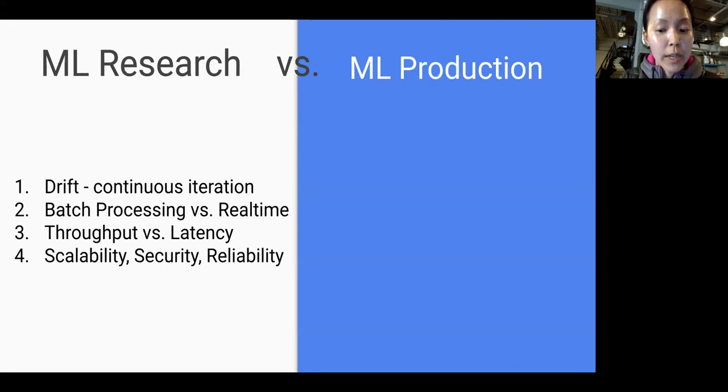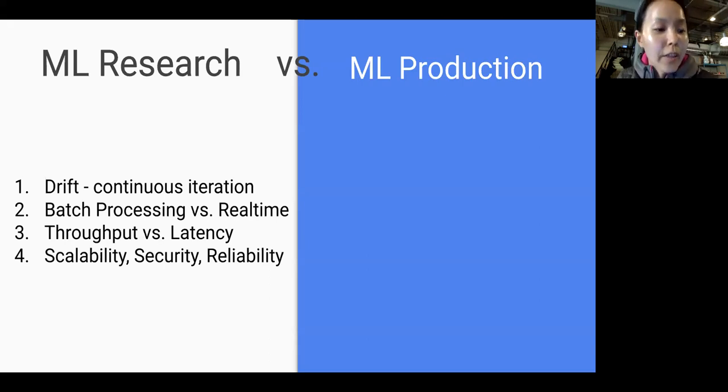The second thing that we need to pay attention to is, what kind of goal do we have? Do we want to make batch processing ML prediction models, or do we want to make ML models in real time? These are questions that ML researchers in academia don't really have to answer, because most of the time they are more focused on creating the models once and publishing a paper, and they don't have to face the customers.